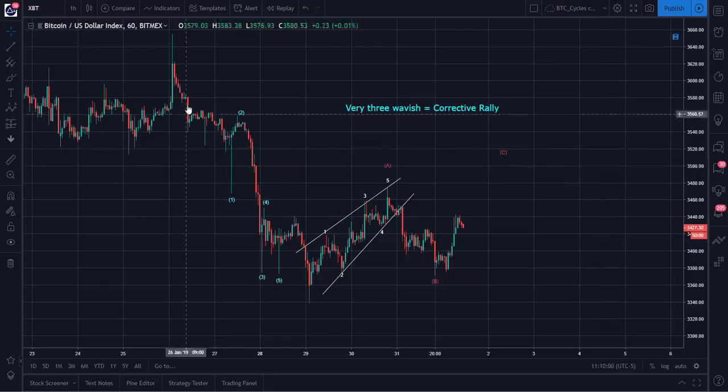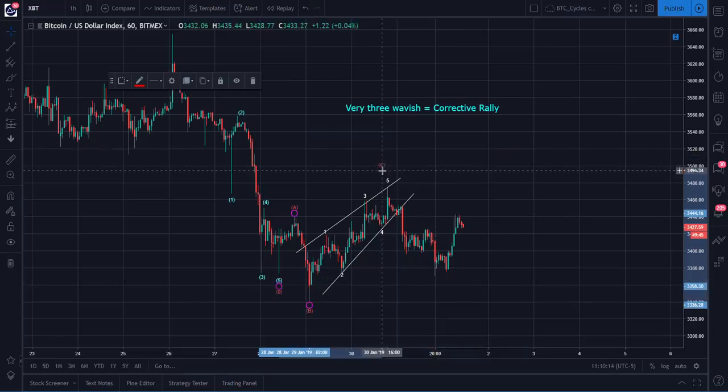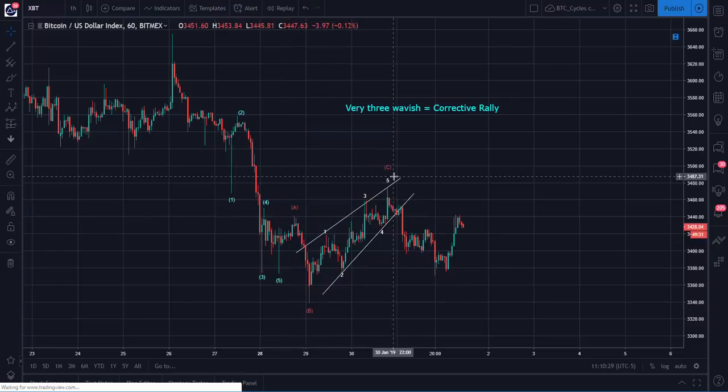So, price action declined, and then a nice rising bounce. Before, my thinking was that A was there and B was here, and that's still the primary count, that we had an expanded flat. Notice how B declined to below the origin, the starting point of A. That is an expanded flat.